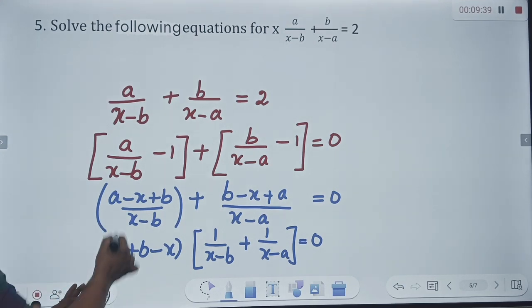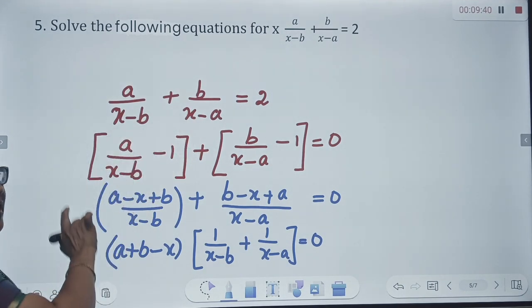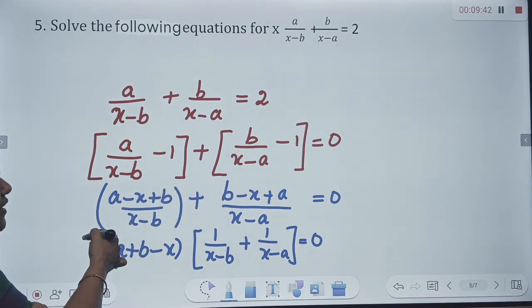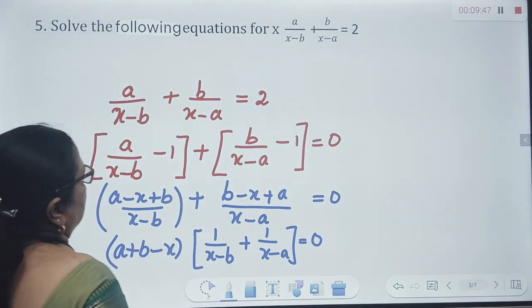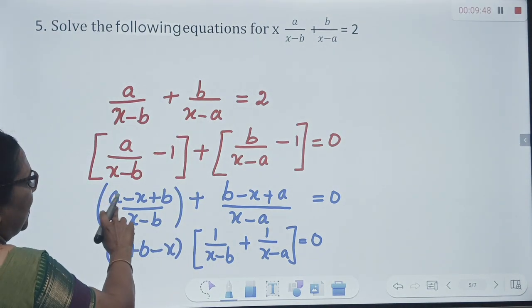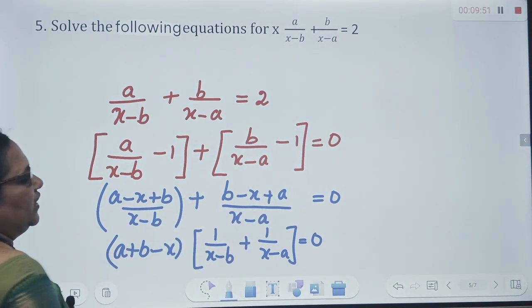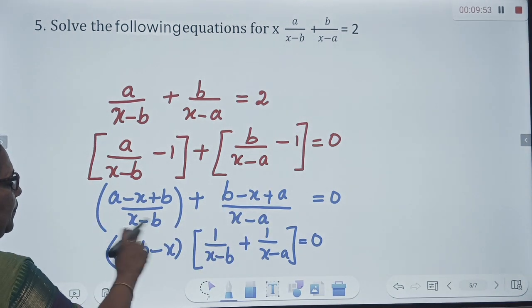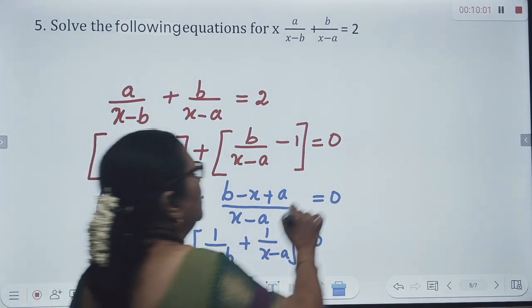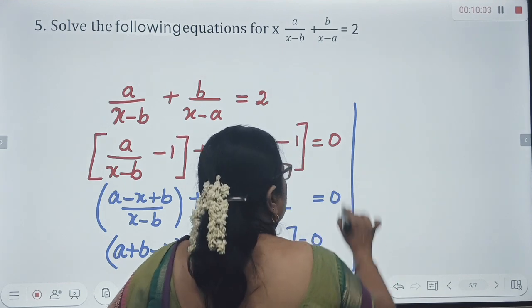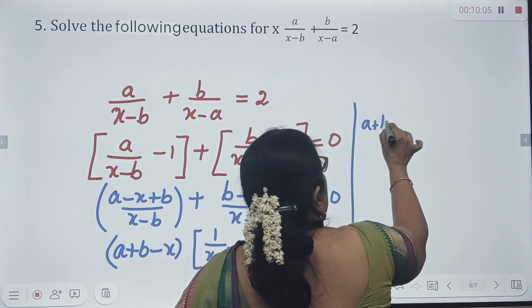Please understand that I brought the 2, which I have written as 1 plus 1, inside. So I subtracted 1 from this and subtracted 1 from this. Then the numerator is the same when I take the LCM. What is that? A plus b minus x. So that's common. I have taken it outside. So I get 1 by x minus b plus 1 by x minus a equal to 0. This is a plus b minus x